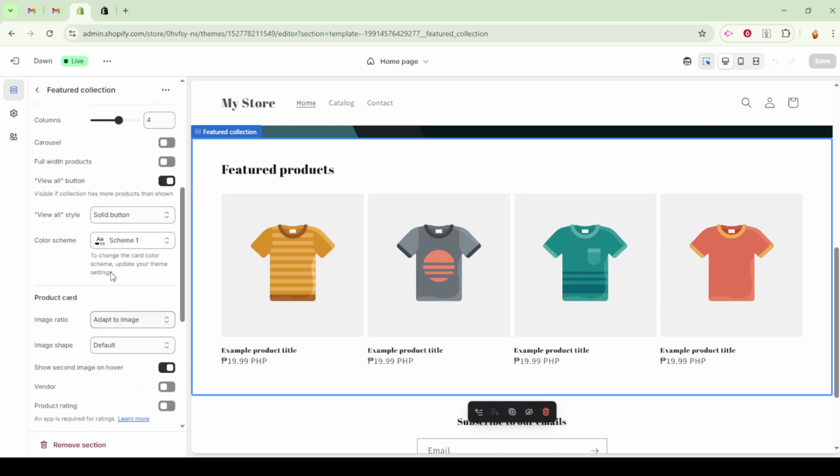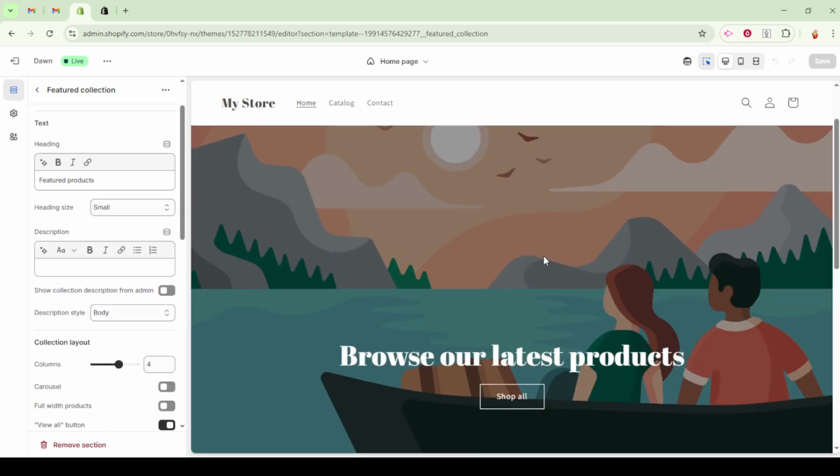While working through these steps, keep a few key considerations in mind. The handle is crucial when you're setting menu items. This unique identifier links the menu item with the correct page. Decide whether you want to manually select collections or use automated collections, which are organized based on product tags. The aesthetic and layout of your collection pages can significantly vary based on your theme, so be sure to explore its full potential. Lastly, although Shopify doesn't inherently use sub-collections, you can simulate a nested structure by creatively linking collections